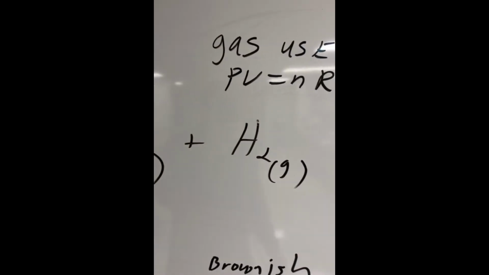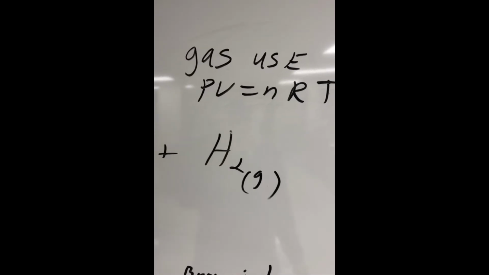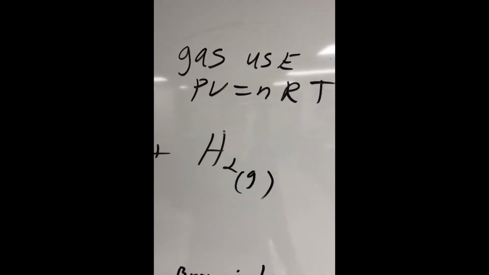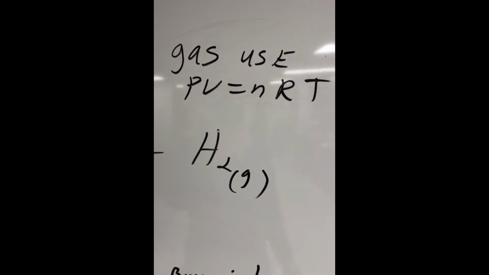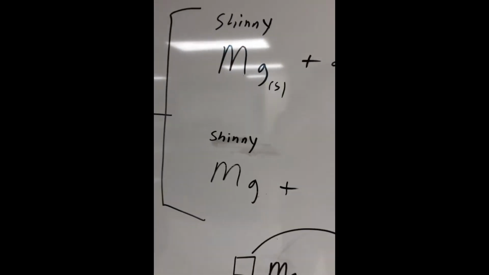We're going to yield magnesium chloride aqueous plus lots of hydrogen gas bubbles. Since a gas is being produced, we then could use PV equals nRT to determine some properties of that gas if we chose to. Now the other reaction that was occurring at the same time now,